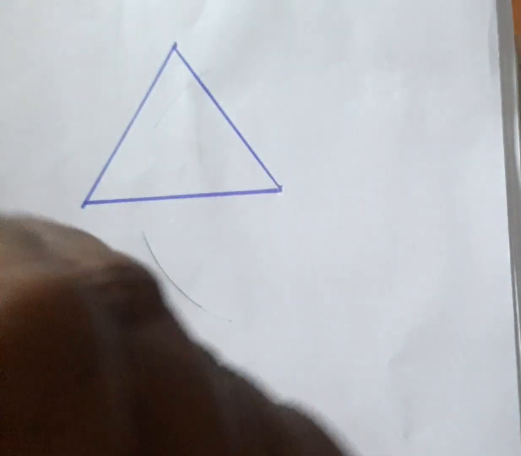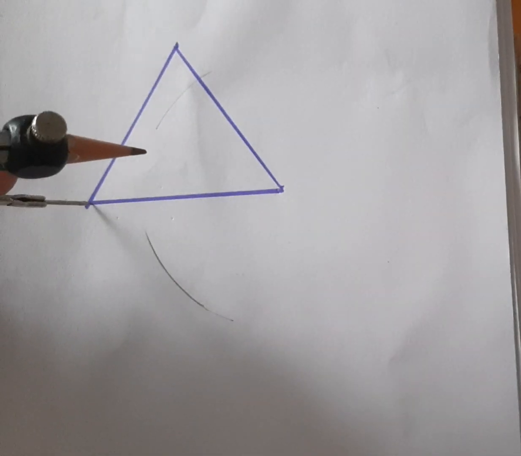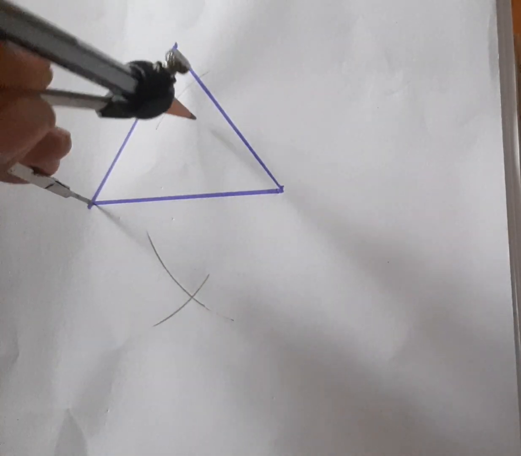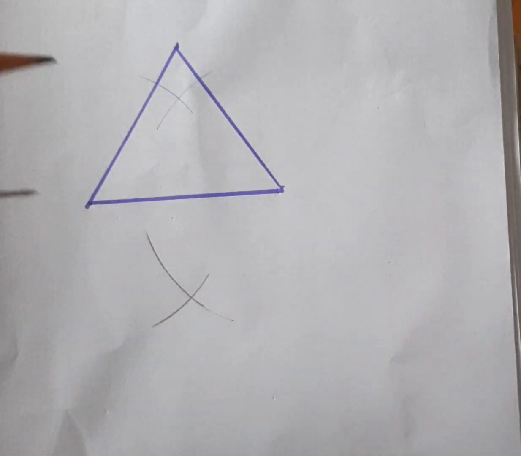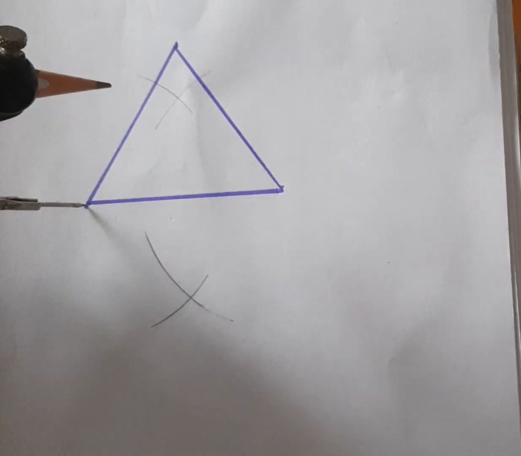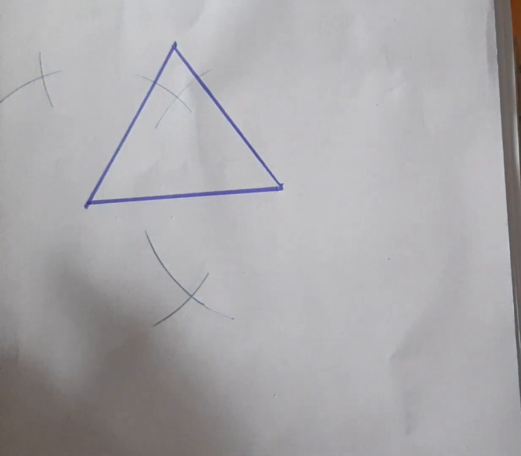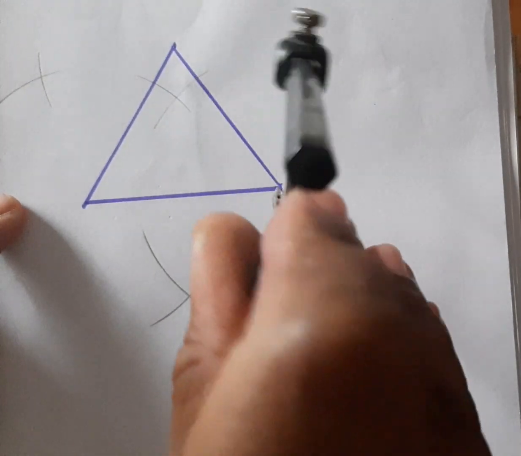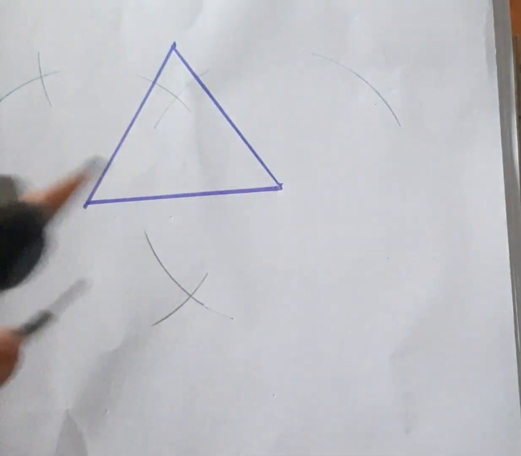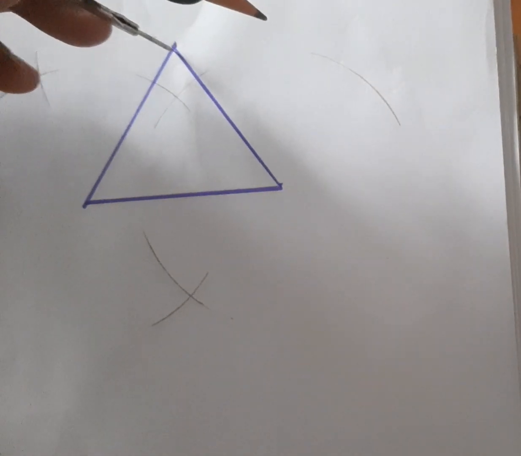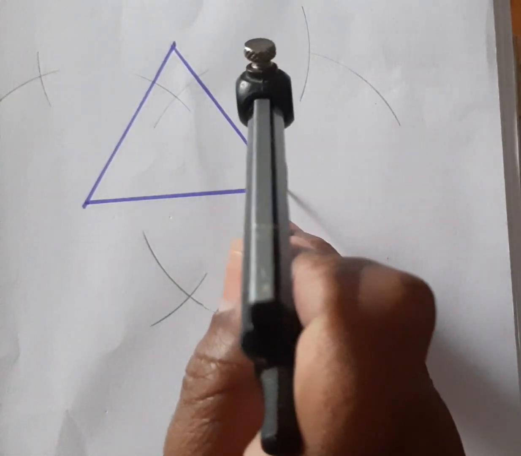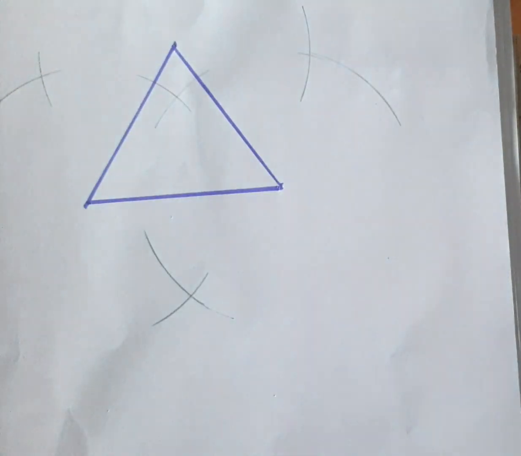It may be in the triangle. From another side also we will cut this to arc. Okay, now next we will draw one side, another, cut this. Okay, see here, arc on the third side. See, similarly I have cut the arc. Okay, now we have got the three arcs.